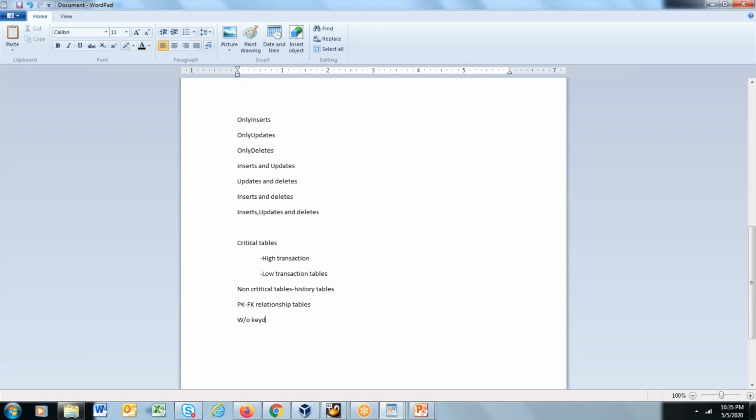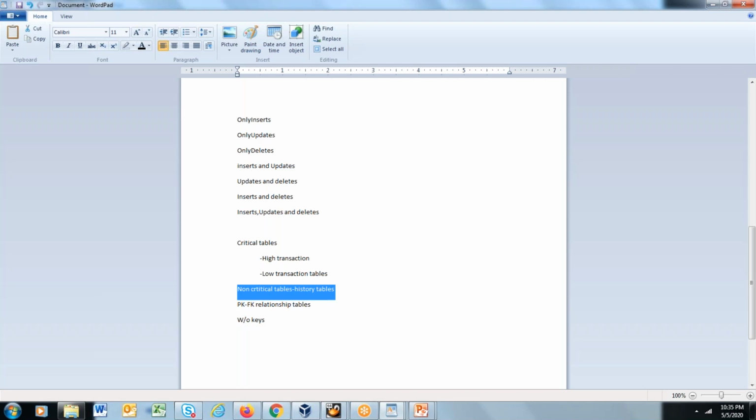You have to divide your tables in such a way that you define what the critical tables are. Critical tables are the tables which cannot experience a lag of more than 10 seconds or 30 seconds, I would say. Non-critical tables, basically history tables, are ones where even a lag of 1 hour or 2 hours doesn't matter.